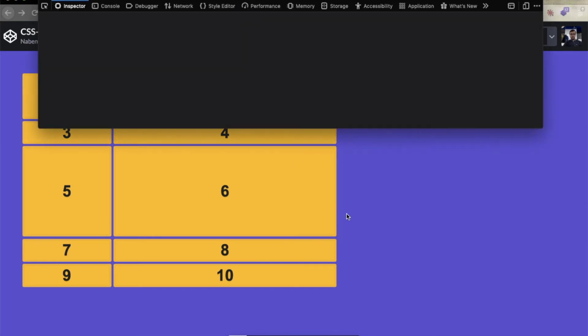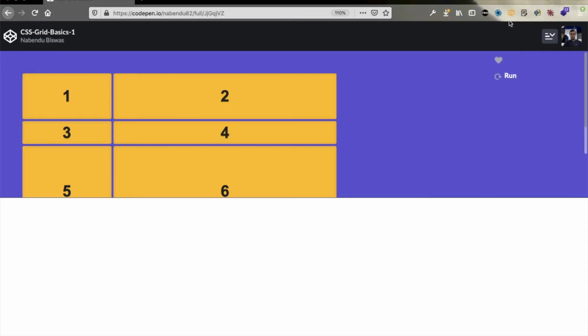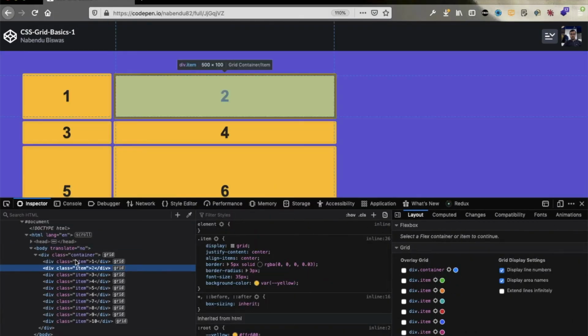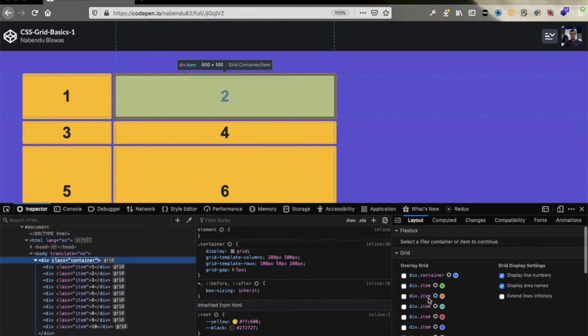So if I inspect element, let me scroll to the bottom. See, if I move to the container, this layout thing which you are seeing is there in no other browser except Firefox, and not on Firefox, it is Firefox Developer Edition only. So what this is for, a special thing is for grid. So how to use it? To use it, what we should do,